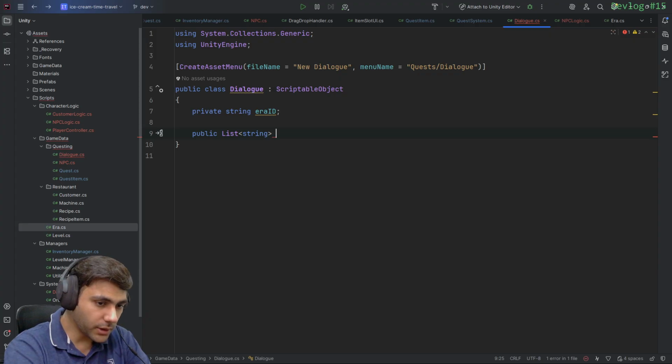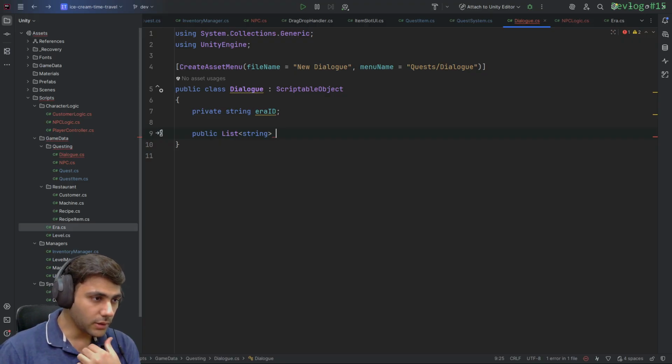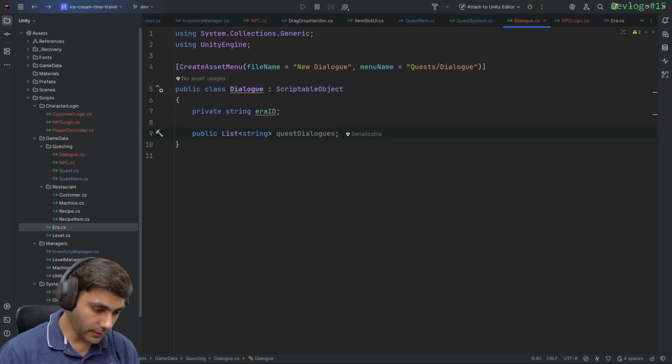We can also maybe make it something like a dictionary, with the key as the ID of the NPC that would hold these dialogues or the quest, and the values would be all of the dialogues. But let's keep it simple for now. A list of strings of dialogues, maybe. Quest dialogues,